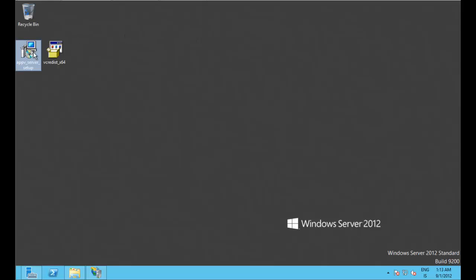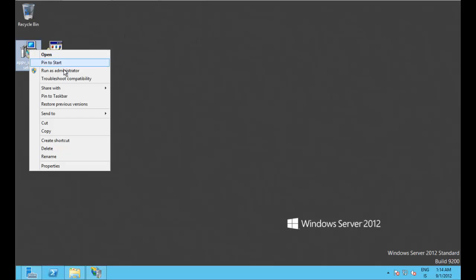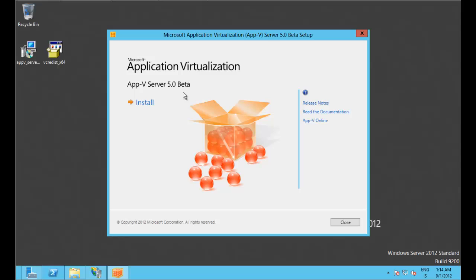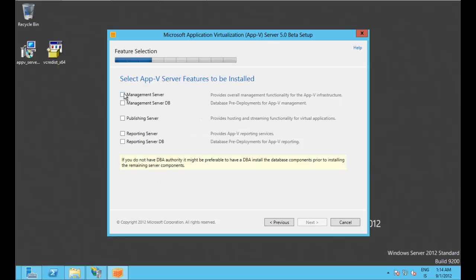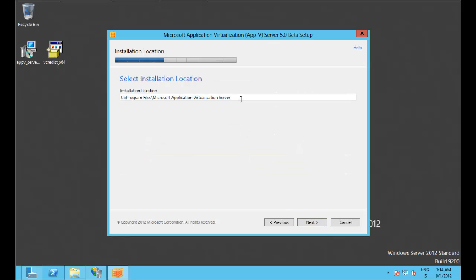Now we can install the AppV server. We'll just right click and run as administrator. Install, accept the license terms, click on management server, publishing server and reporting server. I'm going to use the port 80 for the management server, 81 for the publishing server and 82 for the reporting server. Click on next, choose the default installation location,